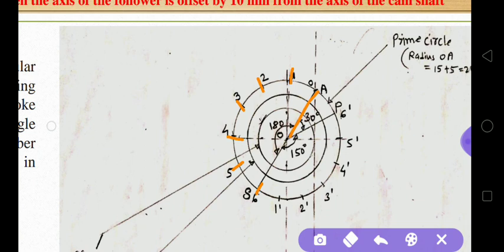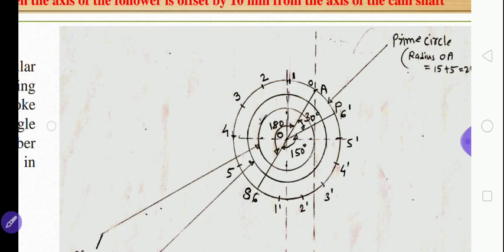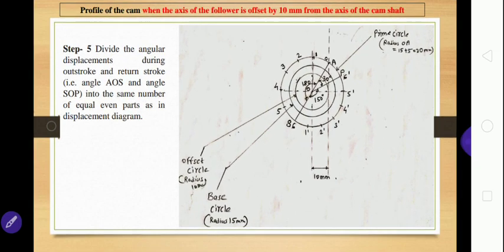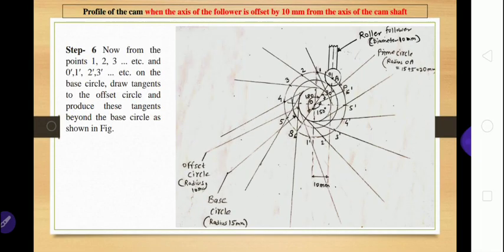Similarly, 150 we have to divide into 6 equal parts. Divide these and give the names 1 dash, 2 dash, 3 dash, 4 dash, 5 dash and 6 dash. Like that we have divided the outstroke and return stroke into 6 equal parts in this step. In the next step,